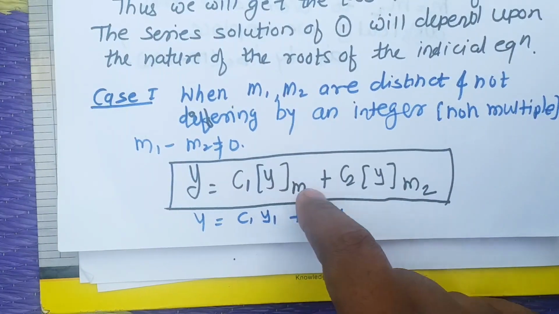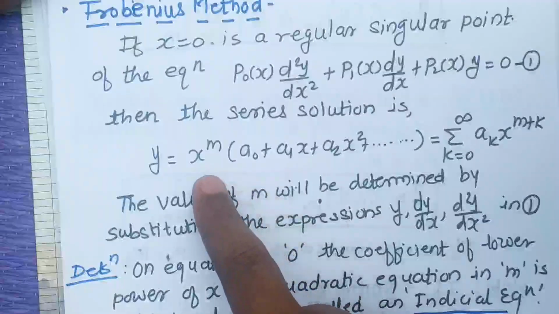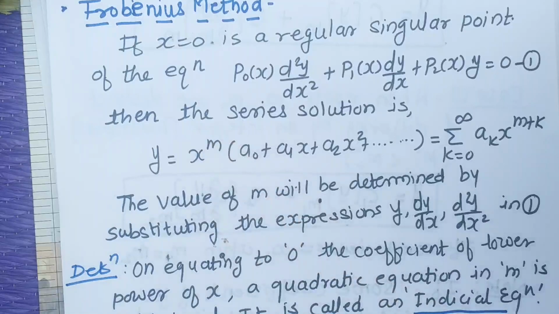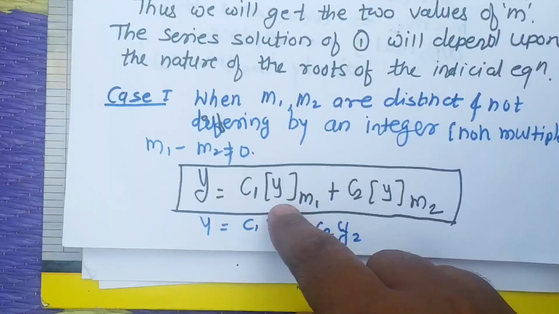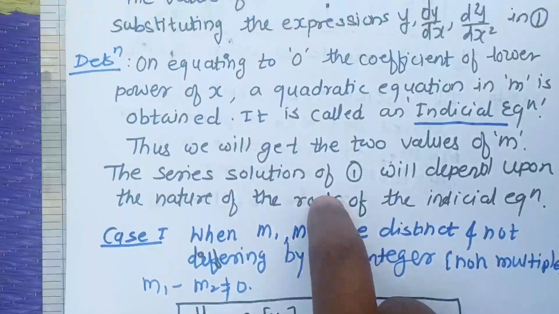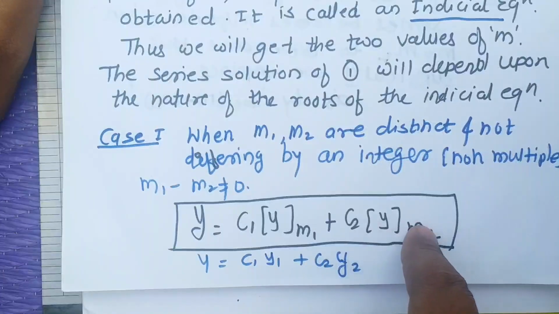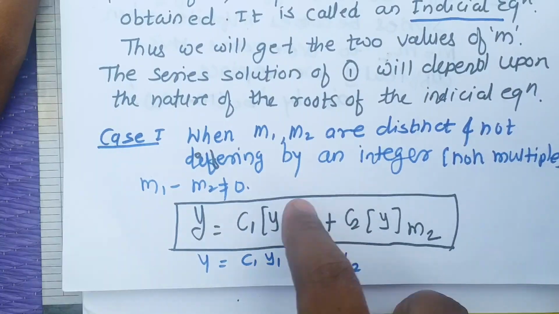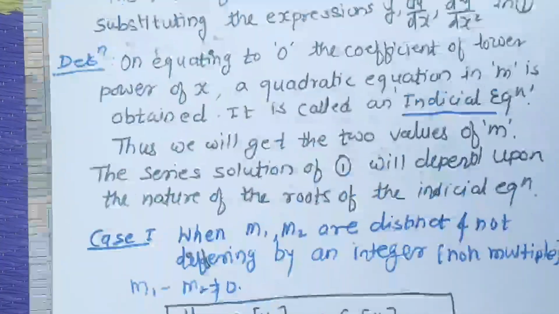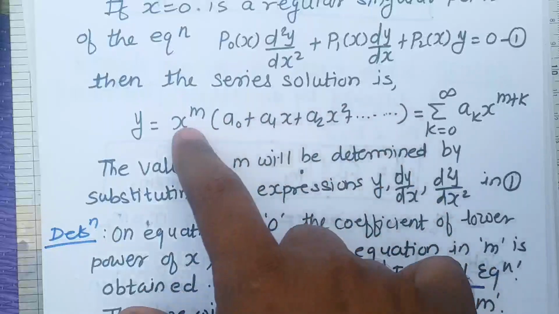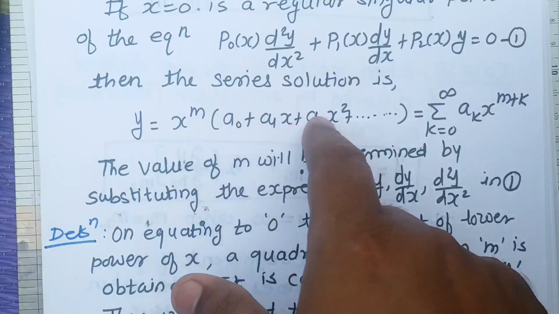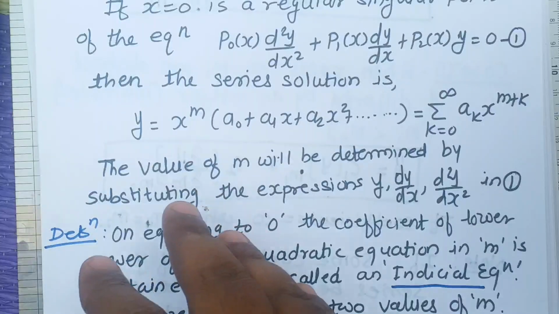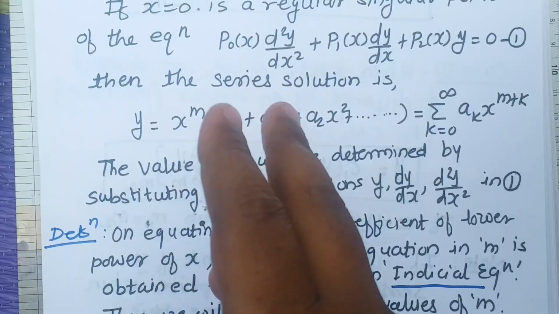Means once we get the value of this series y, in that series just replace the value of m by m1 to get this y at m1, and again you replace that value of m by m2, the second root. Okay, and that will give us the final solution. And for determining this y, y is the series, right? For determining this series, we need to calculate these coefficients a0, a1, a2, like we have done in the first method, where we have determined the series solution at ordinary point.